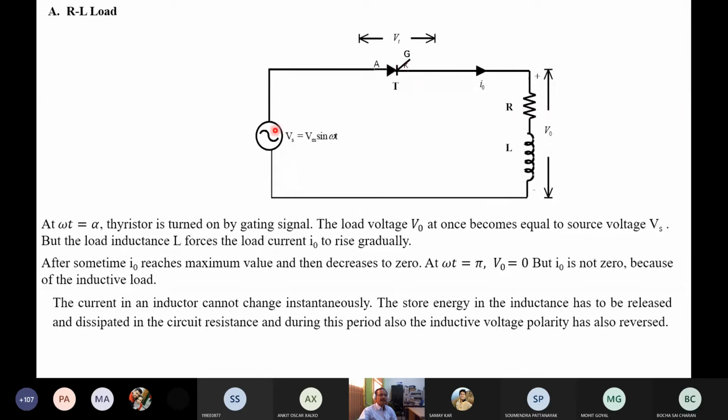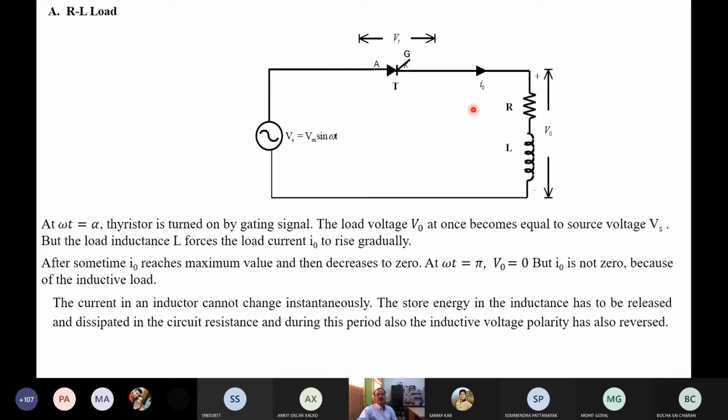Okay. Now what happens in the first half cycle? 0 to pi, current is flowing, stored energy is there. Now when voltage reverses, the current cannot reverse instantaneously. That you know, because of the inductive nature, the flux linkages cannot change direction instantaneously in an inductor. In an inductor, the stored energy has to be released, and the voltage induced in the opposite direction in the inductor will drive the current and it falls slowly to 0.